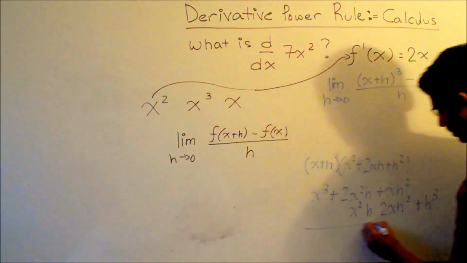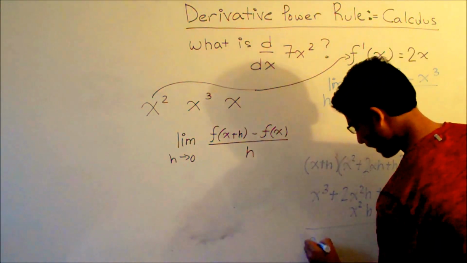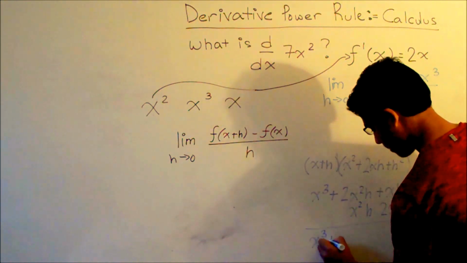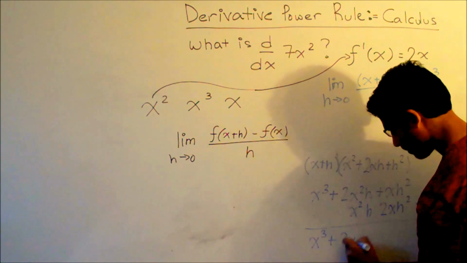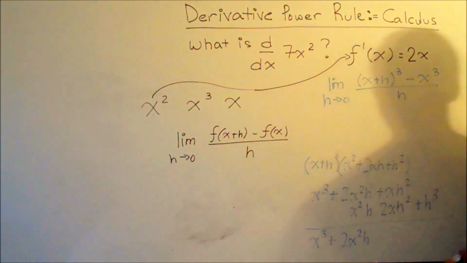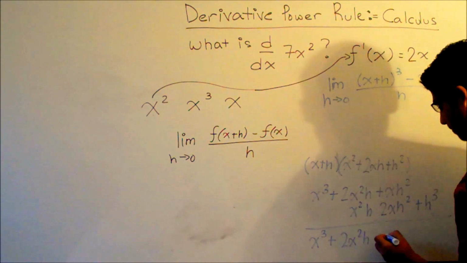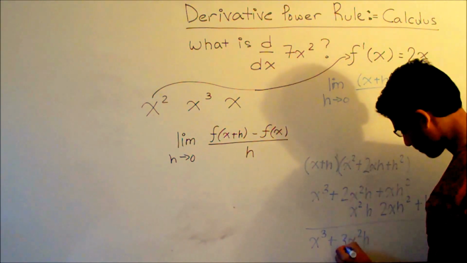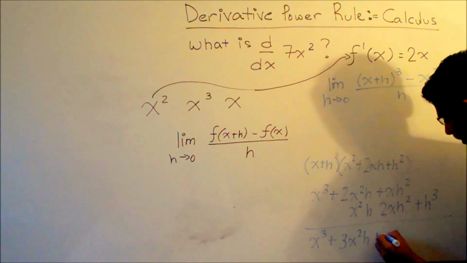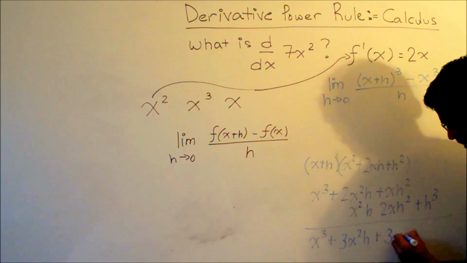So this is equal to x cubed plus 2x squared h, or plus 3x squared h, sorry, plus 3xh squared